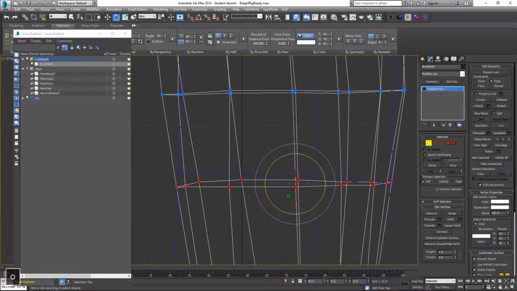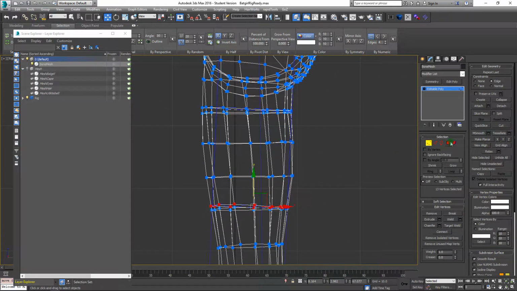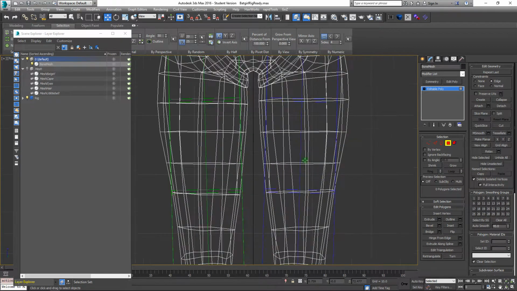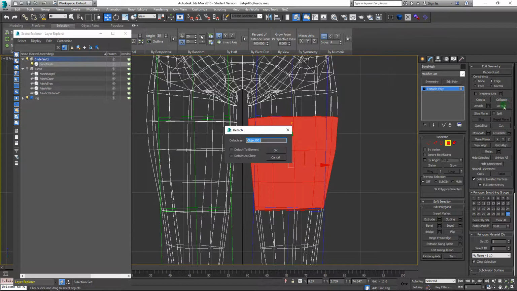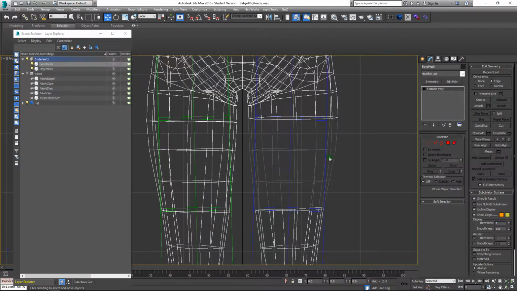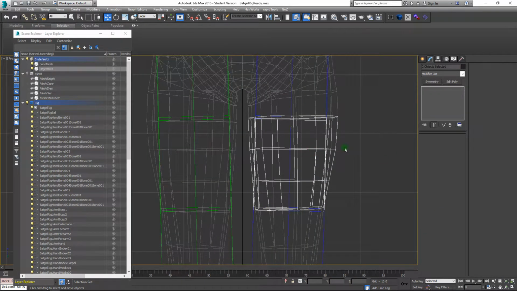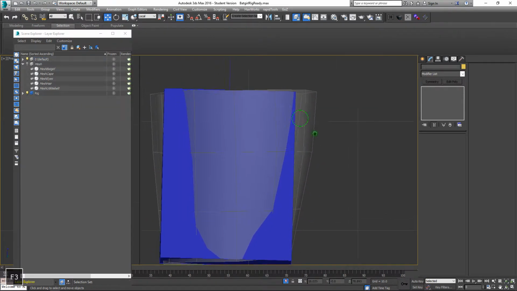I'll show you why. So again, I'm just going to rotate this one a little bit to try and get it to match the angle of the bottom of that bone and pull this up like so. Next, I'll just go and select all of the polygons in that section, detach them, and this is going to be a new object, so I don't care what it's called. And then we'll go and isolate the bone and the new mesh that I made,